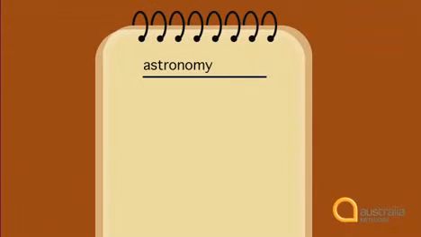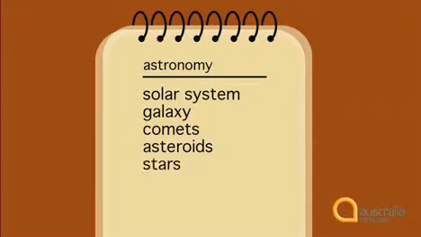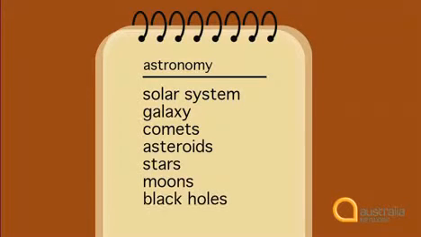He talks about Martians. We form the word Martians from the noun Mars. Martians are creatures from the planet Mars. We can extend our vocabulary about astronomy by looking outside our solar system to our galaxy, the Milky Way. We can also include words like comets, asteroids, stars, moons, black holes. Let's watch that clip again. Listen for some other words related to space and space travel.